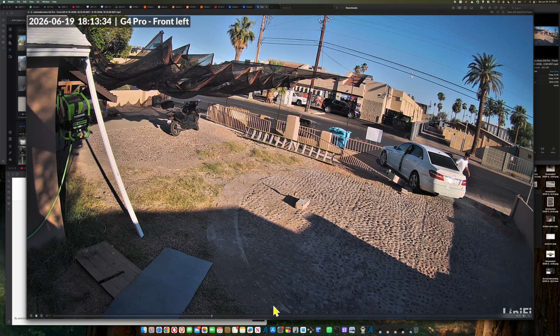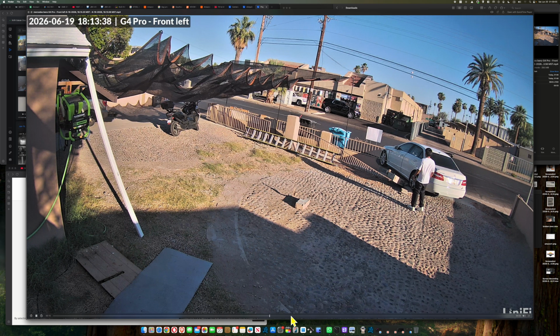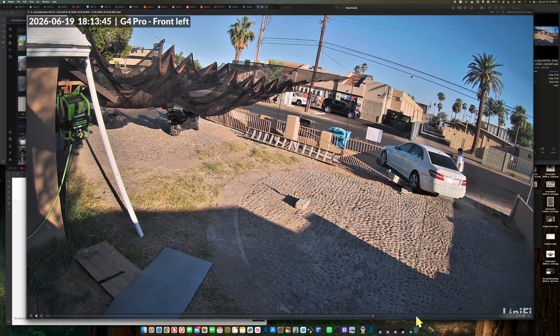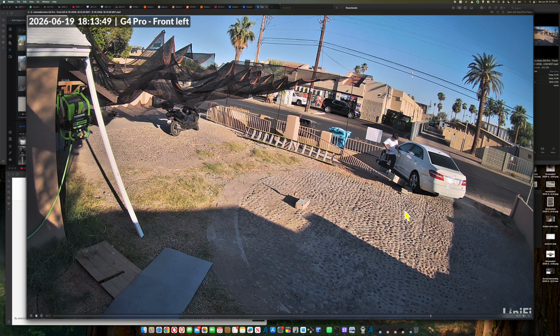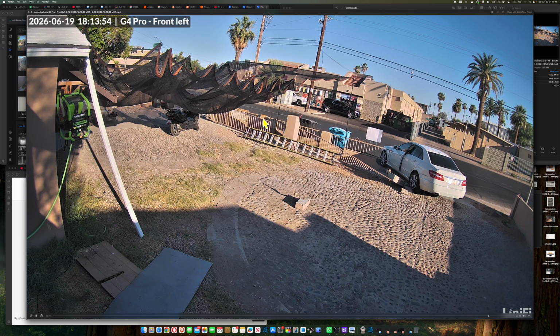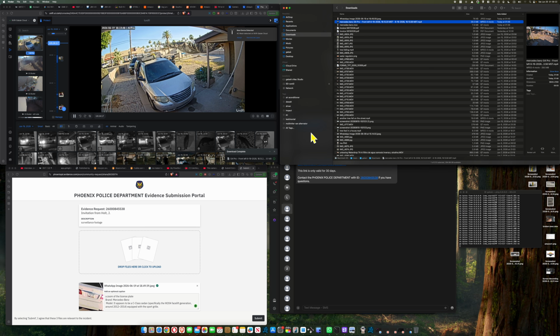As you can see, I don't know why they switch places, but that is what happens. I'm going to forward it a little bit faster so that way you can see, and that's it. That easy. So that is why you have to have multiple cameras, multiple angles, so that way you can catch them if